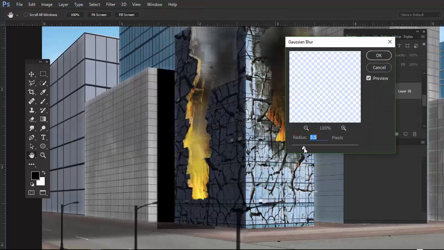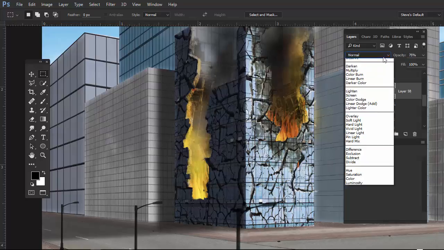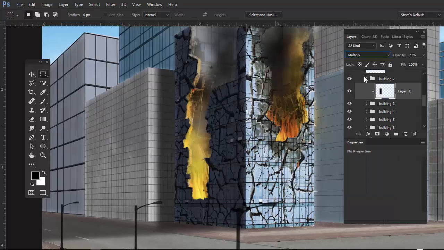Get that little softer edge, okay? So you get to see how depth is established if we pay attention to details. Bring this down. Also, remember the black layer? Give that a blend mode of multiply. Okay, so we can get some of the natural colors to come through, and pull it down a little bit,